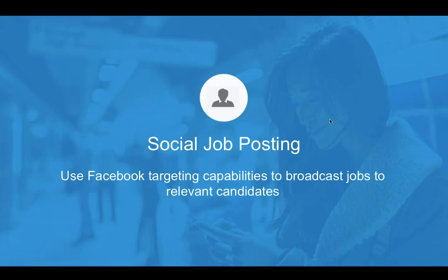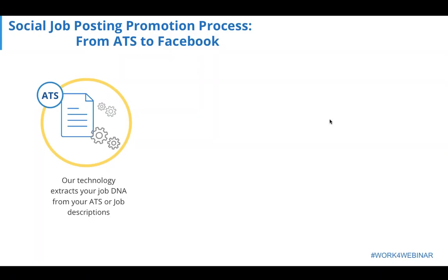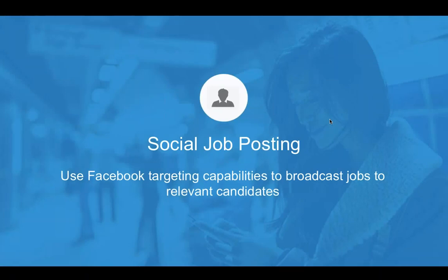Perfect. So now let's talk about our sourcing tool, the social job posting. So as I have explained, the social job posting uses Facebook targeting capabilities to broadcast your jobs on the news feeds of the talents you want to recruit. So this is the second tool. To make it simple, it's a technology that uses all the existing data on Facebook to show your jobs to the right people